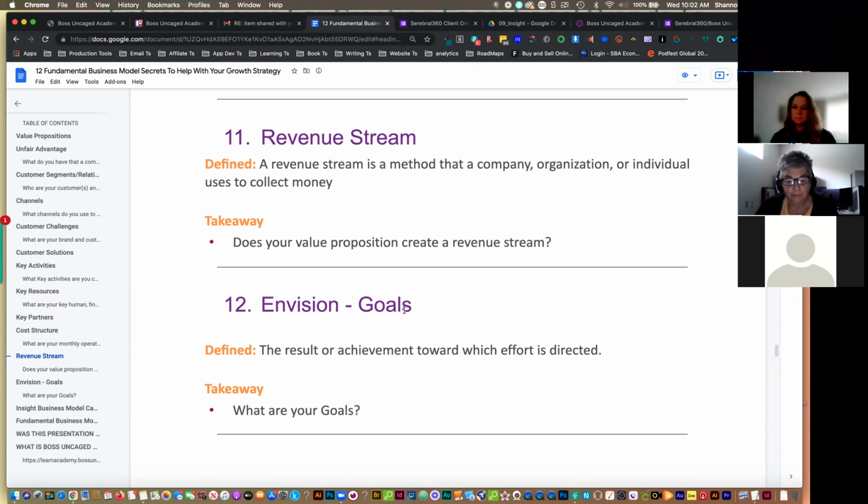So you would take all these different 12 elements and you want to figure out where you have holes. If you have holes on your communication channels, well, that's where you need to focus. If you have holes on your key activities, then you need to focus on that. If you have holes with your key partnerships, then you need to figure out and start building that out. The goal is if you get all 12 of these systematically working for you, then you're at the point where you can scale, and then you have a system that you can repeat over and over again to get more money in a lot quicker.